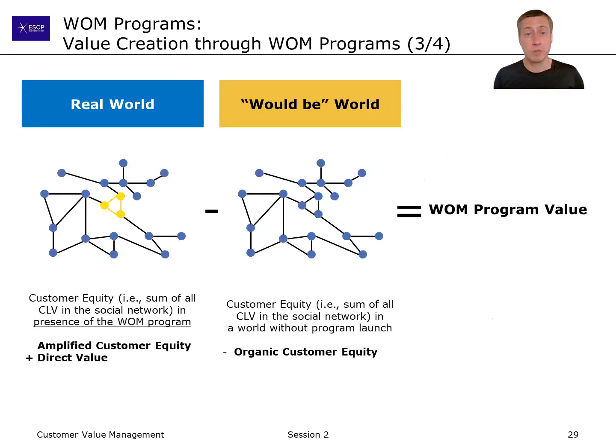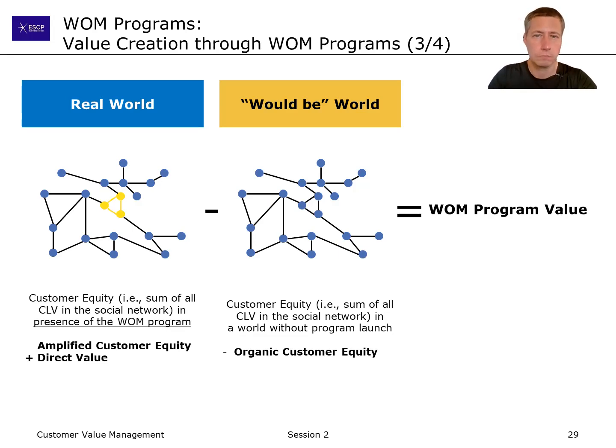Conceptually, it's pretty easy, because what we need to do is look at the amplified customer equity, and subtract the customer equity that we would have gotten had customer A never talked. So we need to compare the real world in which customer A participates in the word of mouth program to a would-be world where everything is equal except that customer A never participated in the program. Think of it like a parallel universe type of thing. And the difference in customer equity between the real world and the would-be world is the word of mouth program